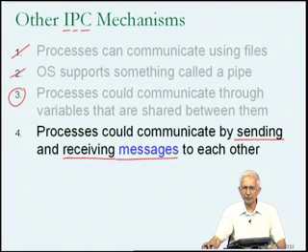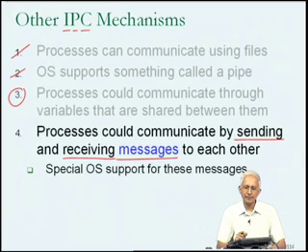So very clearly this is a new kind of facility which the operating system has to provide, and we suspect that if the operating system does provide this kind of facility, then there will be system calls or library functions which might be called send and receive, through which one process can package a piece of data within a message and send it to the other process. And similarly the other process can explicitly indicate that it wishes to receive the message which has been sent by the first process. So we have this idea of process P1 and process P2 communicating by explicitly sending these things called messages to each other.